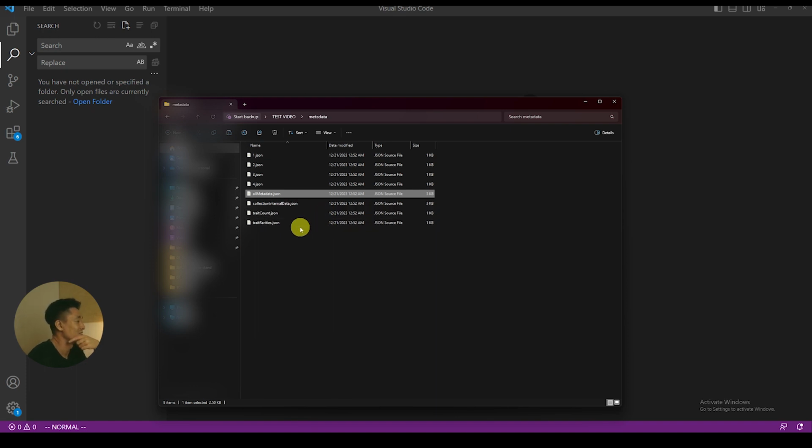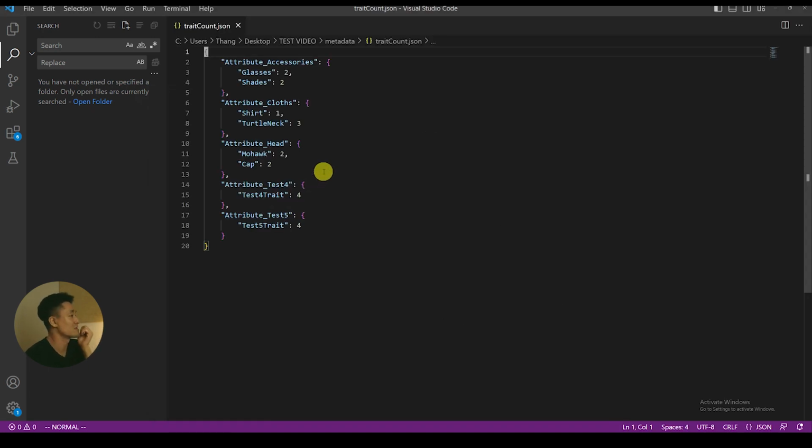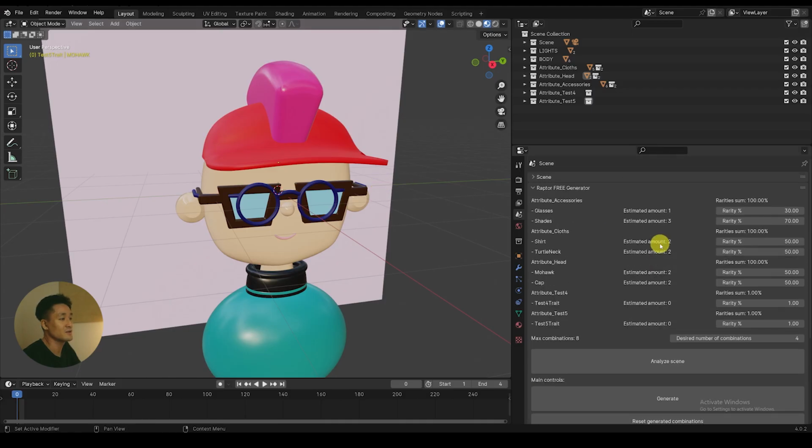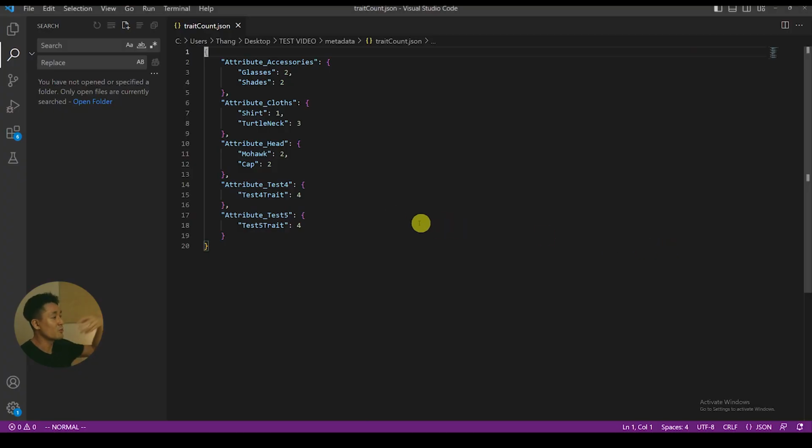All right, then there's trait count. That is actually quite something that can be informative as well. So here you can see that basically, if we check the ratios of the attribute clothes, let's say here in the Blender, you can see that we had 4, or we had 2 and 2, but in real this is what actually gets generated. And so here you can see that it is 1 against 3,